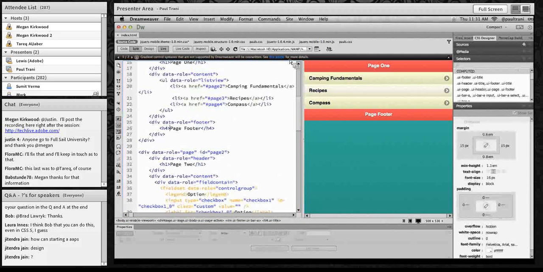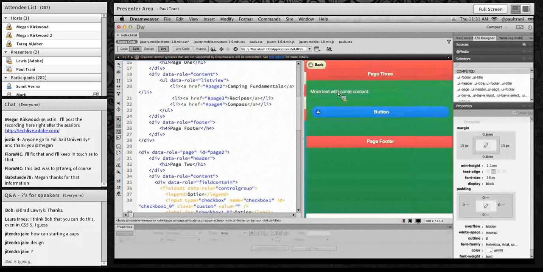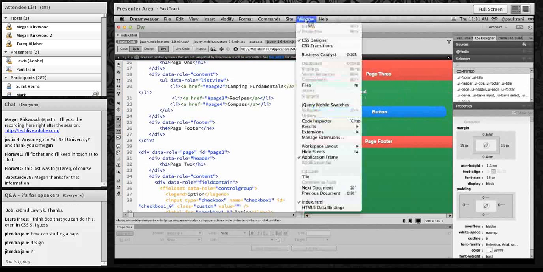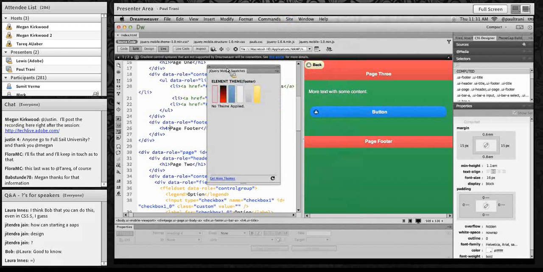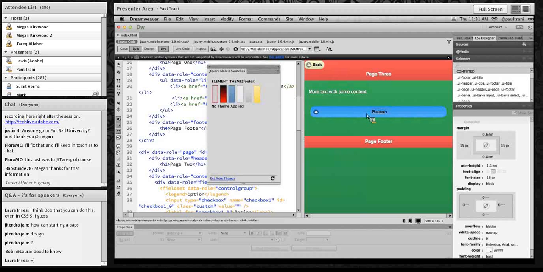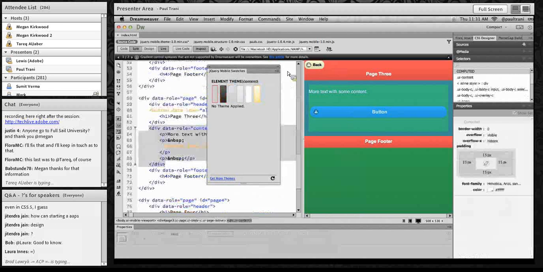I can go ahead and customize this. I might want to go further, especially when it comes into these buttons. So this particular button, maybe I want to customize it as well. Well, the jQuery Mobile Swatches panel changes based on what you have selected. Okay, so if I select this particular button,